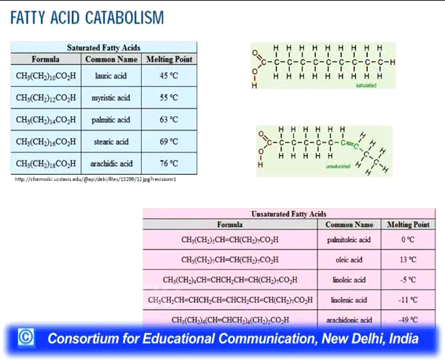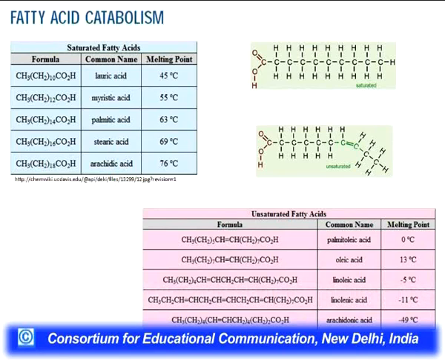Before going into the metabolism pathway, let's discover what exactly the fatty acids are and how they are classified. The fatty acids are classified into two major categories. One is called the saturated, the other one is called the unsaturated fatty acid. These two, saturated and unsaturated, differ in the presence of double bonds between their carbons. So we can see some examples of saturated fatty acid and some examples of unsaturated fatty